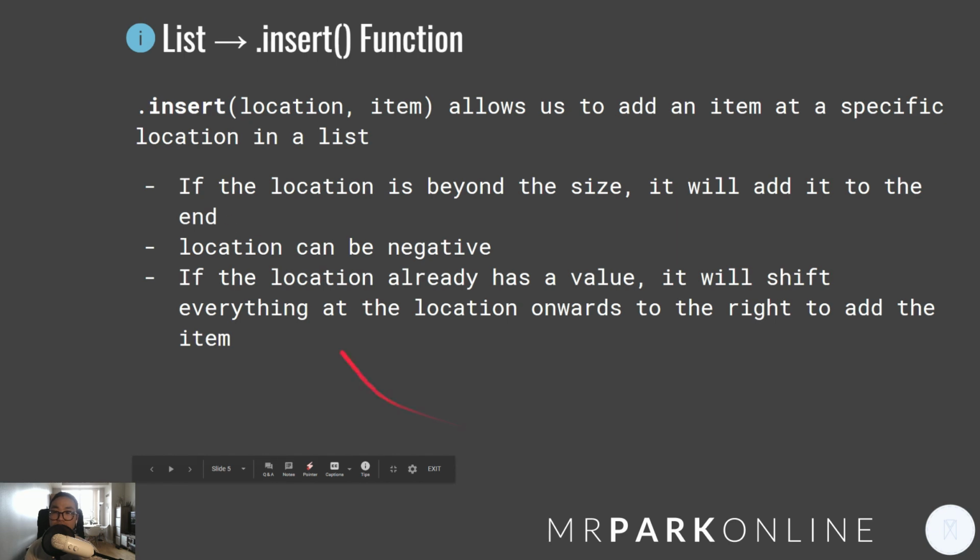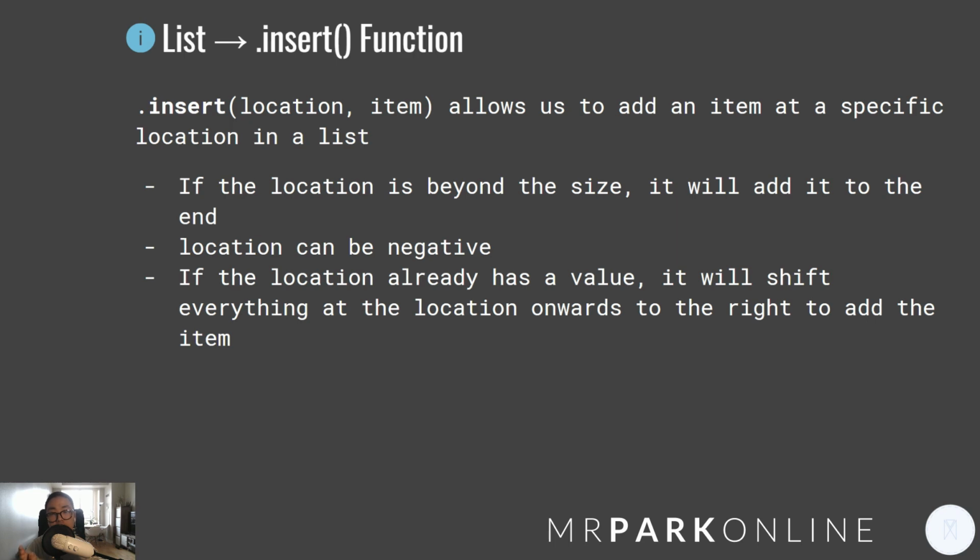Okay. A next method that we can use is also insert. So it takes in two arguments. First, the location, like the index location of where you want to add an item, okay? And the item value. It needs to have a value that you want it to add, okay? If the location is beyond the size, it will always add it to the end, right? Locations can be negative, much like where we can do indexing with negative values. And if the location already has a value, so let's say you're inserting a value at location 1, but there's already a value, it will shift everything at that location and onwards to the right